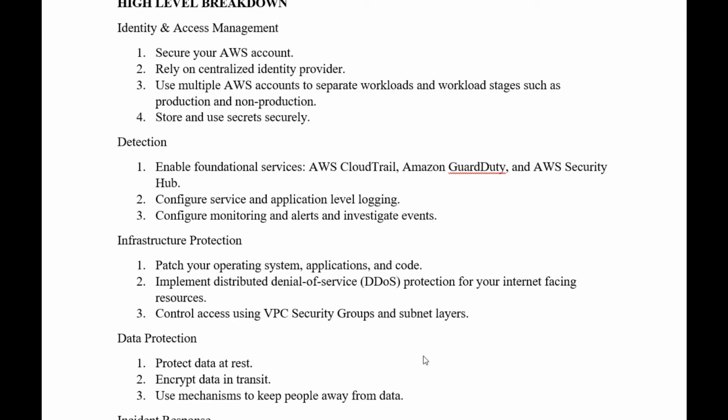Use multiple AWS accounts to separate workloads and workload stages such as production and non-production. We can have multiple AWS accounts in one organization where we separate those environments into separate accounts. Assume that you have a production environment, a testing environment, and a user acceptance testing environment.